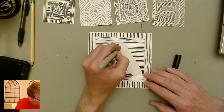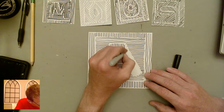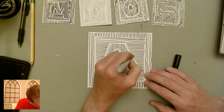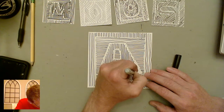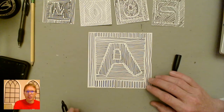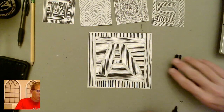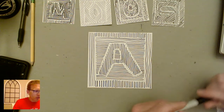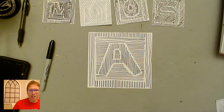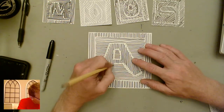You can kind of see it working already with the pattern here, in that you've left a little bit of space in between by not touching those lines, and that helps the shape to appear as a little bit of negative space, just a tiny bit of negative space. So you can see the A, everything's filled in, but it allows it to show up. If you get really close to those lines, it'll be a little more difficult to see the letter, which might make it a little harder to read,